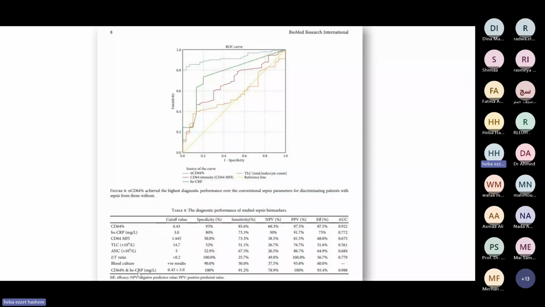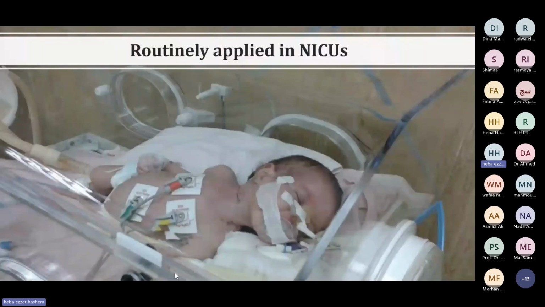CD64 at the cutoff level 43%. So we recommend it to be used as a routine sepsis biomarker in our neonatal ICUs. And since that time, CD64 is used and ordered from the flow cytometry unit to help in the diagnosis of patients with neonatal sepsis. The following research was done by